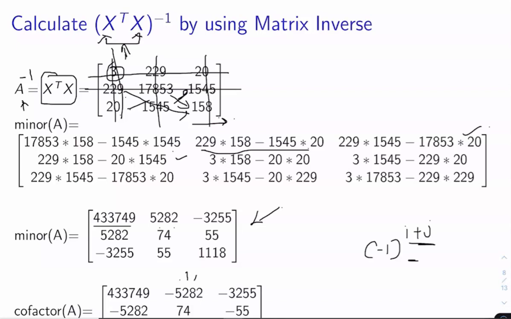5,082, because this is the first row, second column, it becomes 2 plus 1, 3, which is an odd number. That's why I have changed the sign of this, it becomes negative. For this element, the third element in the first row, 3 plus 1 becomes 4, which is an even number. It is not required to change the sign of this element, that's why I have written it as it is. So in this way, you need to calculate the cofactor element at each position. So this is called the cofactor matrix of A.